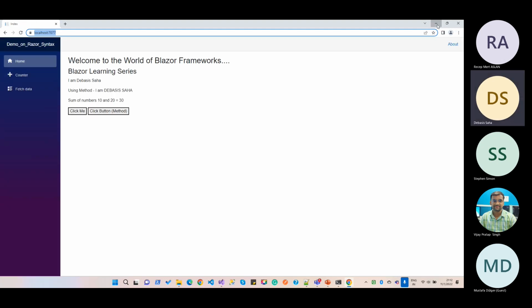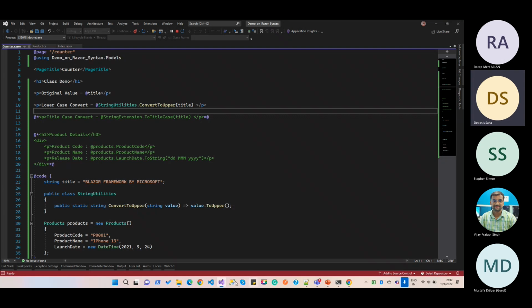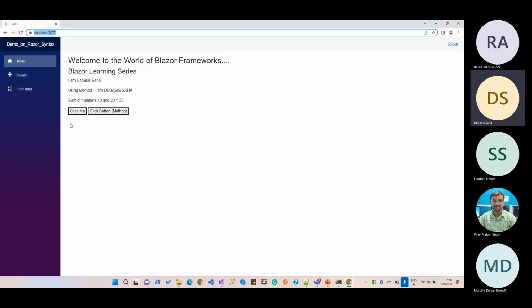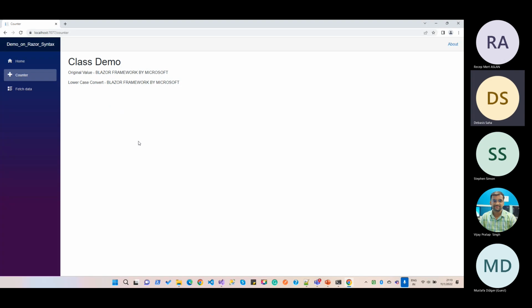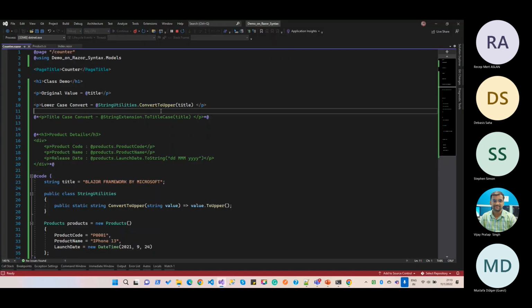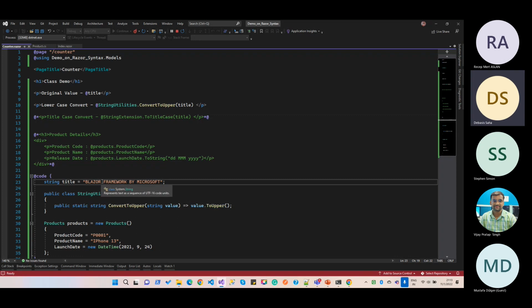so we are using this example under the counter file page. So I need to click on the counter page. And this is the original value. So both are the same. So if I want to change this value, just I'll